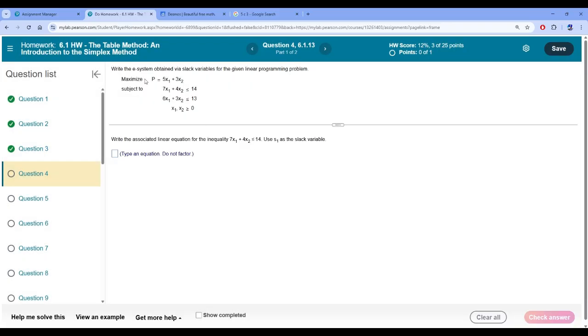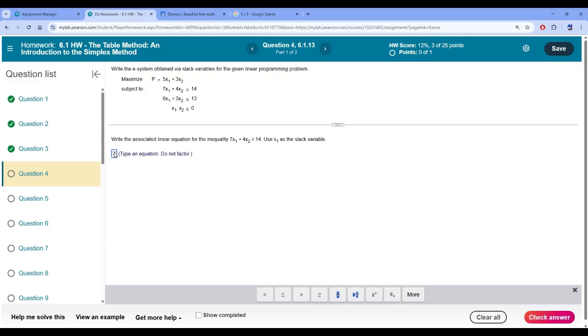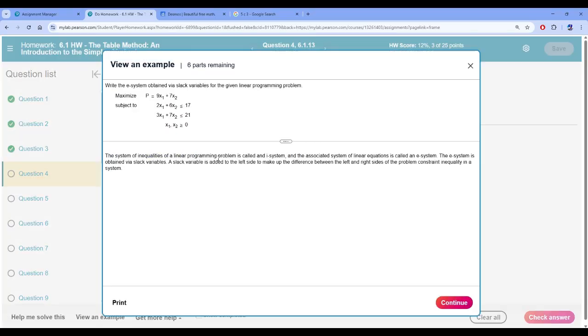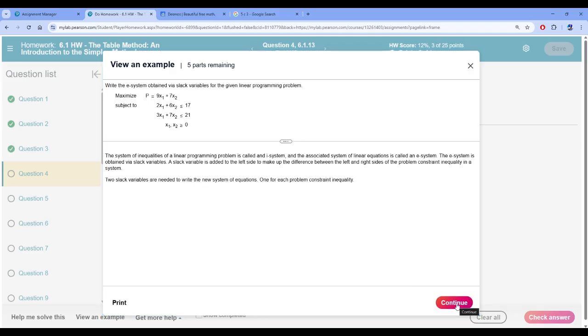So let's try this next one. I want to maximize this. Write the associated linear equation for the inequality using s1 as the slack variable. So do I just write this equation? Do I do 7x subscript? Let me see the example. I think they're just looking for